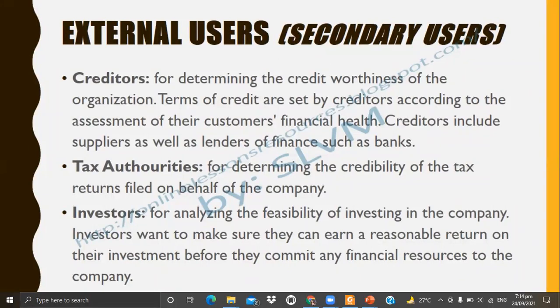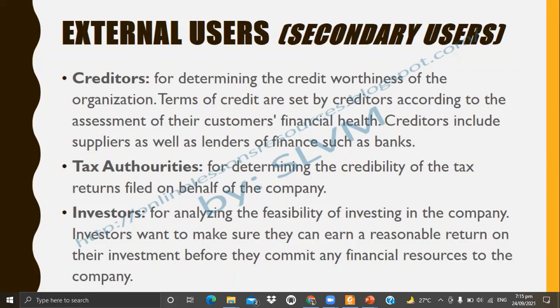Kasi kaya nila chine-check yung accounting information or yung financial statement for them to know kung magbabayad ba kayo sa tamang oras, or kung makakapagbayad ba talaga kayo, or yung tinatawag na kung may capacity talaga kayo or ability to pay, no, kung magkano yung inutang nyo. Okay, so di ba minsan pag naglo-loan tayo sa bank or nag-a-apply tayo ng credit card, hinihingian tayo ng mga ITR or as much as possible yung payslip natin. So yun, mini-measure nila kung meron ba tayong ability to pay.